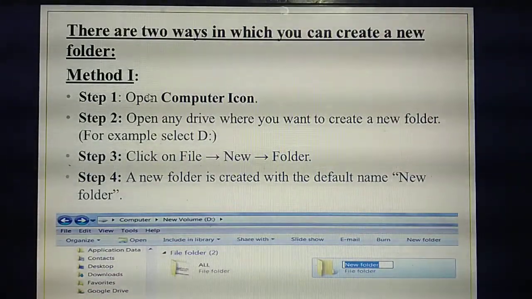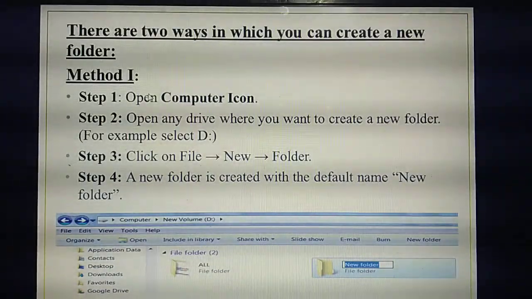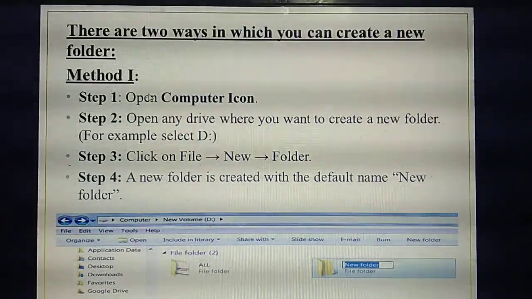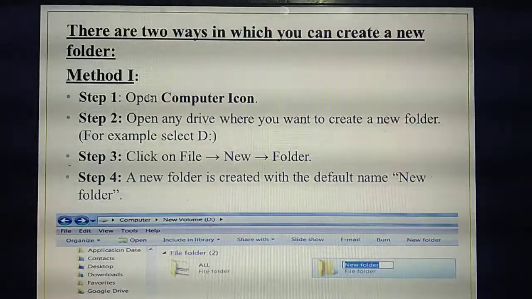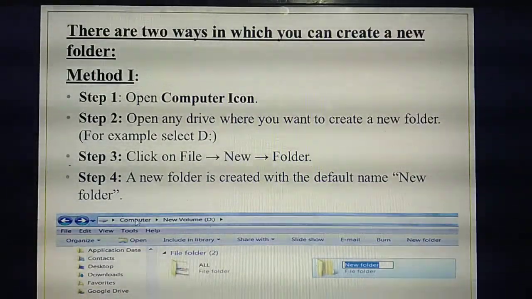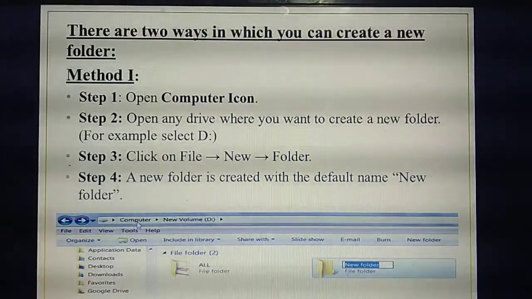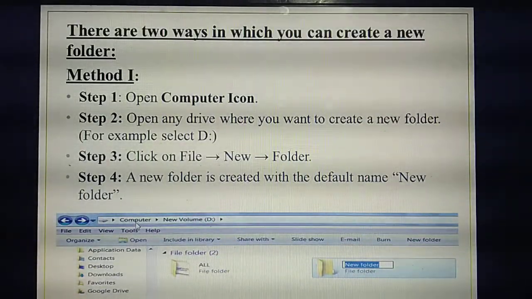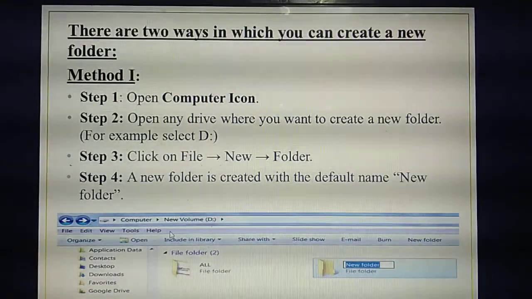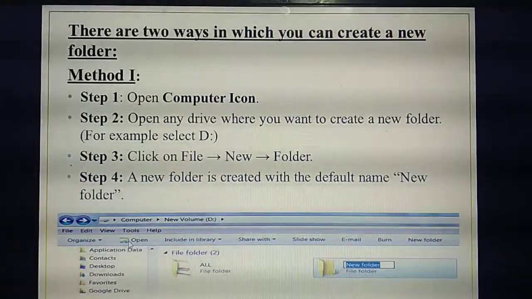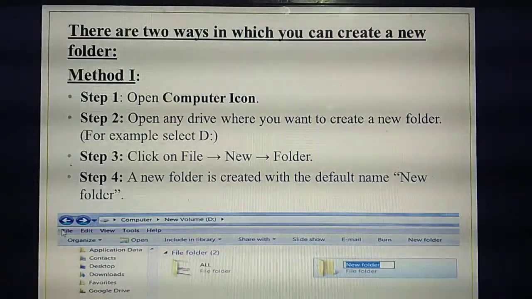Then you need to select any one of the drives, either D drive or C drive or E drive or F drive. Okay, so here, for example, listen, first which icon do you need to click? Computer. Is it visible for you? First they click open which one? Computer. Inside computer, which drive are they selecting? D drive. Okay, so inside the D drive,